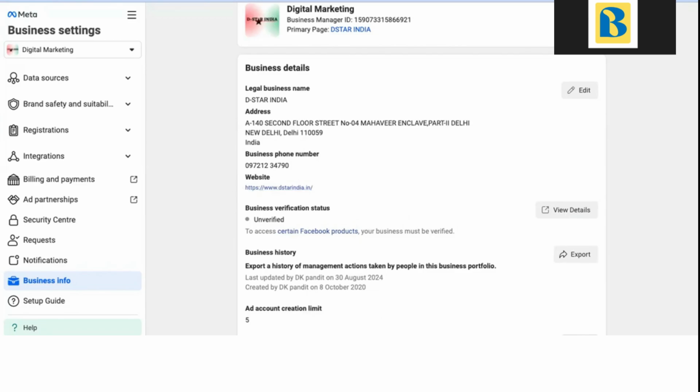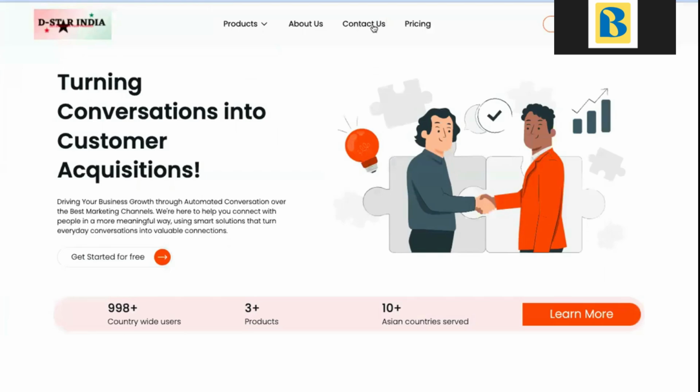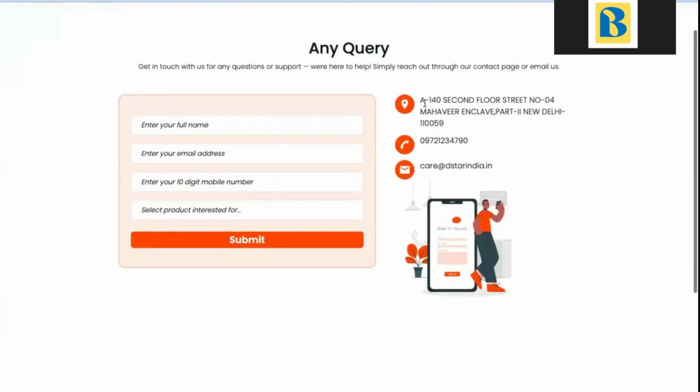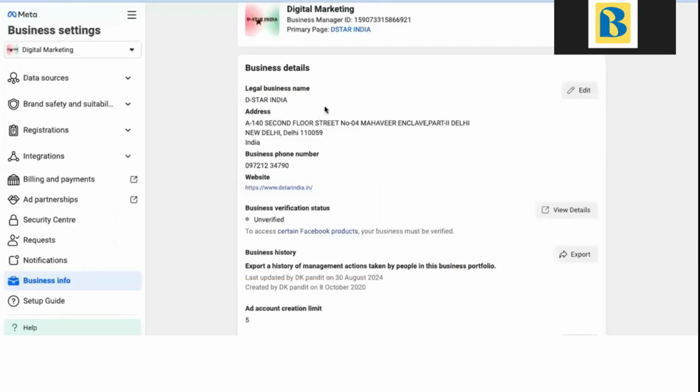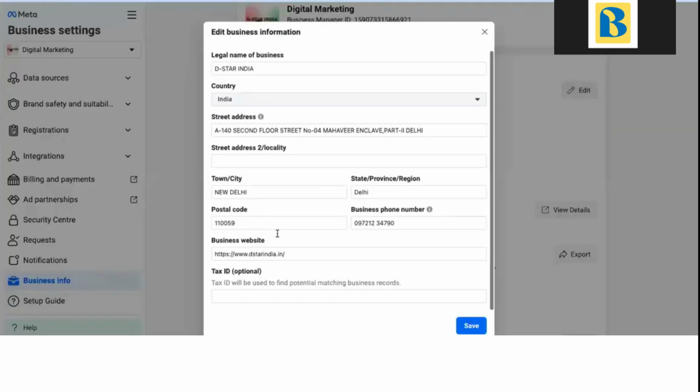So DS Star India is a website here. You can see here, we go to the Contact Us page. We will have to match this address, the phone number, and this data in the Meta as well. So we will copy this ID, and we will go to the business account in the Meta, click on edit, and change the